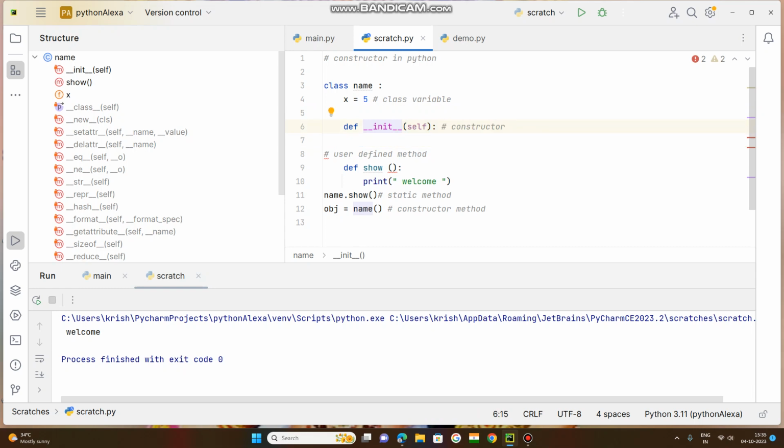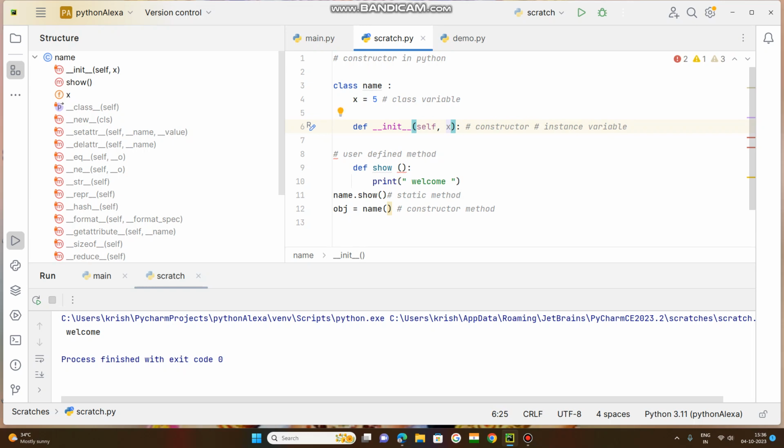It is a special method. Somewhere you can also call it a function. What this method does is update the instance variables. What is an instance variable? Suppose in this bracket, after self, x is here,